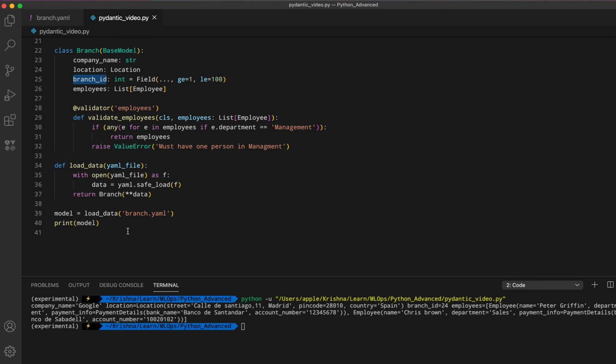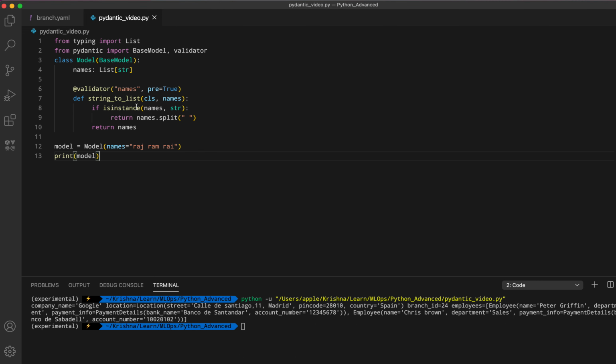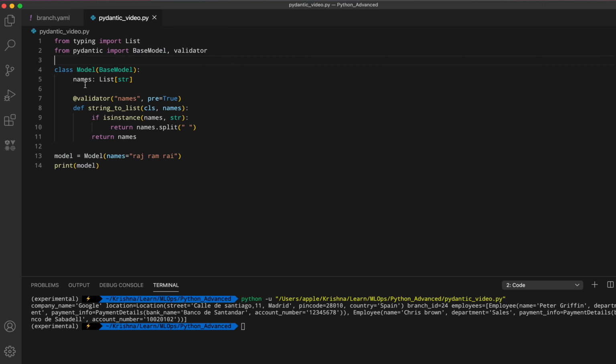So in that case, I'm not going to show an example with the branch class I had written. I'm going to show it with a simple example like this. So here I'm creating a model class, and I'm using BaseModel from Pydantic, and I just have one attribute called names, and it's a list of strings. So all I want is to make sure this model holds a list of strings or list of names, and